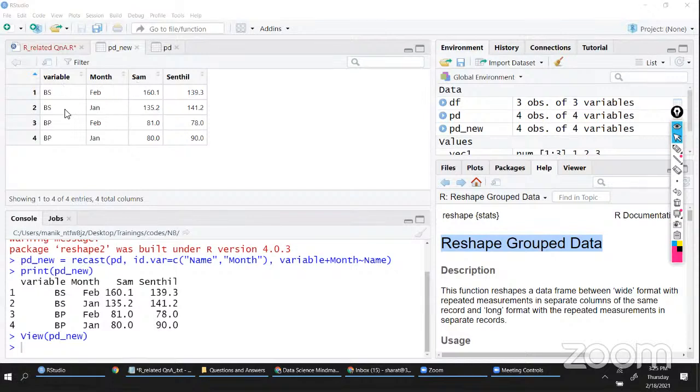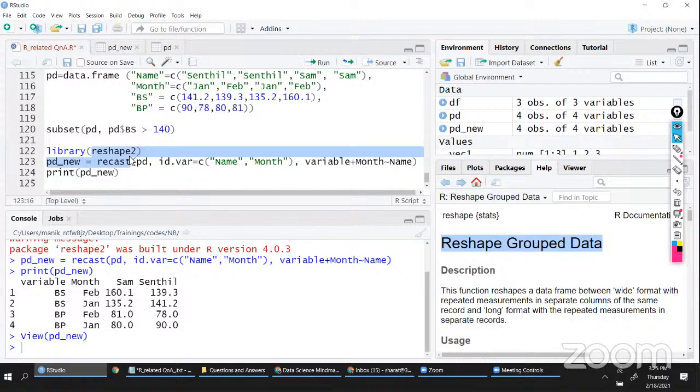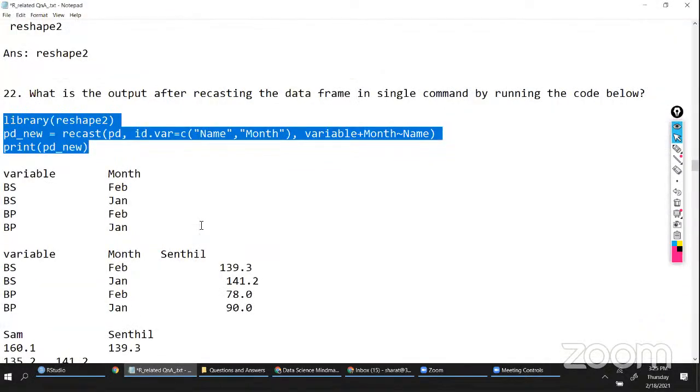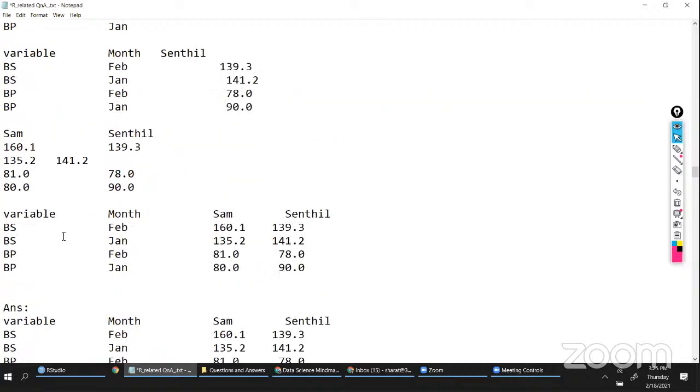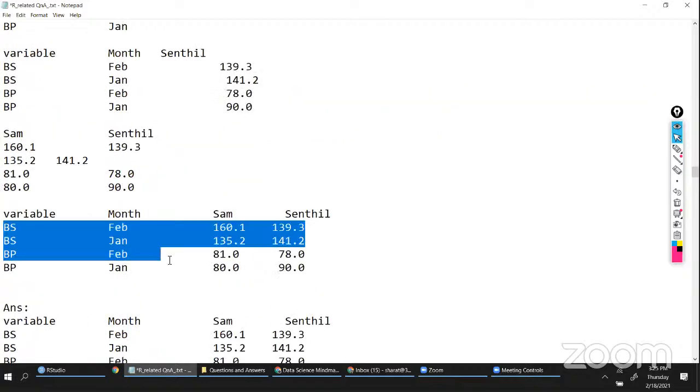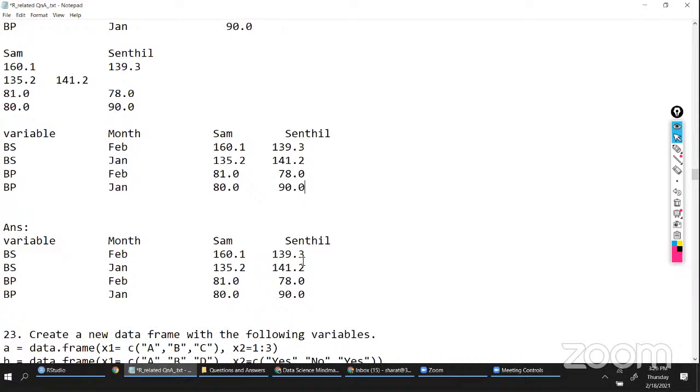Using name, arrange the data with respect to variable and month. This is recast. So you're altering your data frame completely using this recast function. So the answer is basically this. Next,